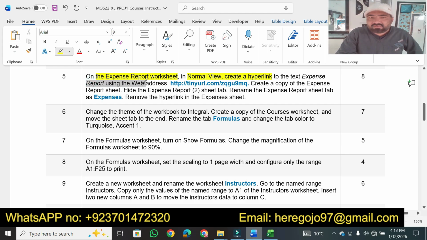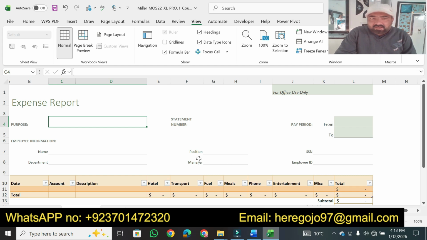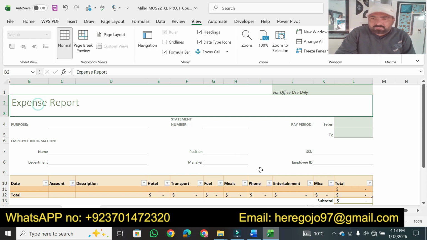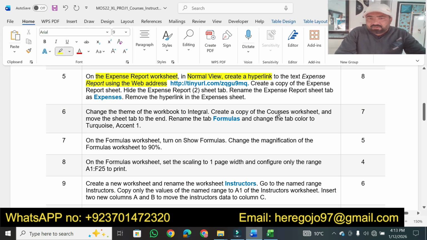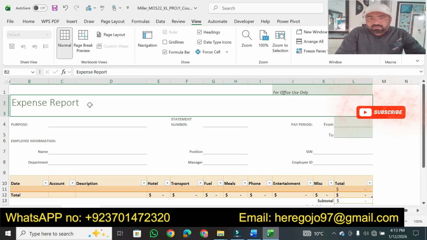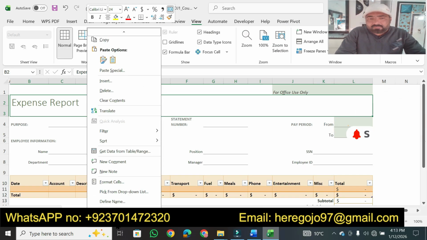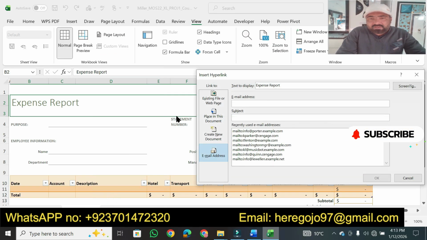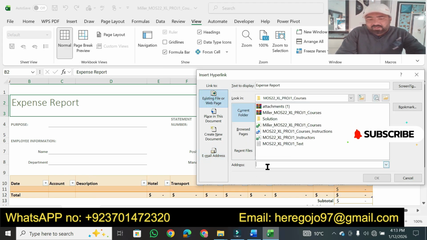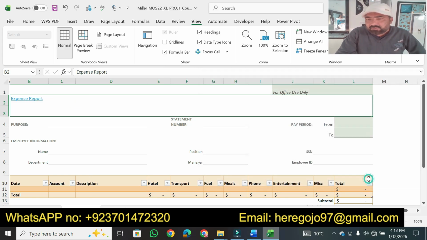Where is the expenses report text? Here we first have to select this one. Then we have to create a hyperlink to a website. We just copy this one, or right click, insert link, web page, and put in the web link there. Okay,